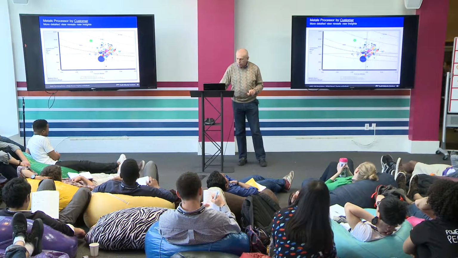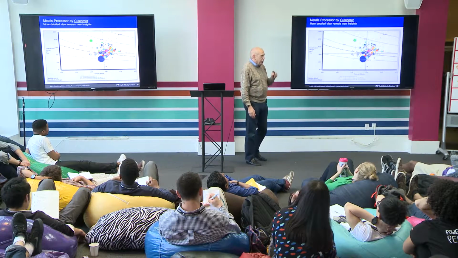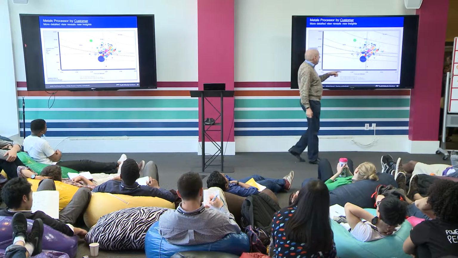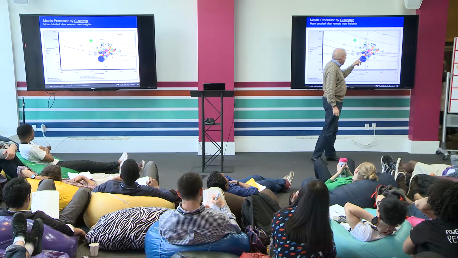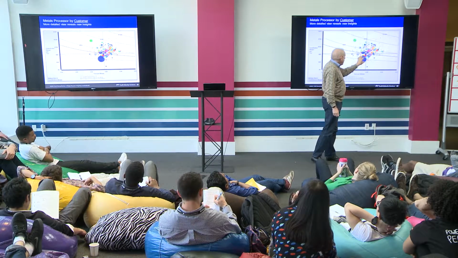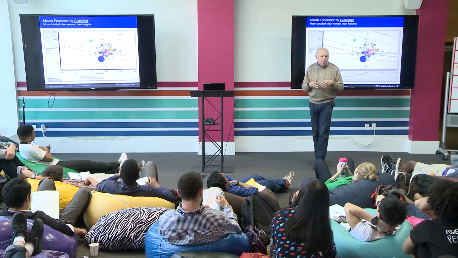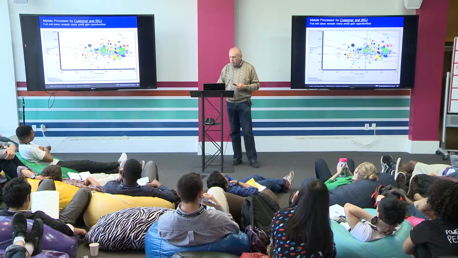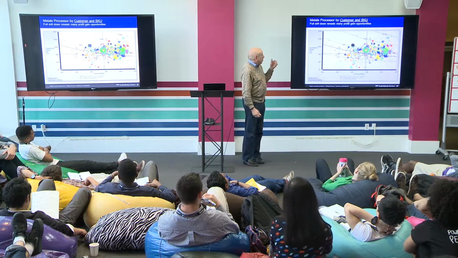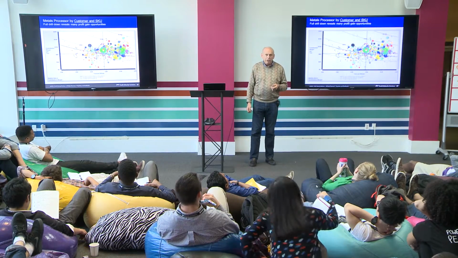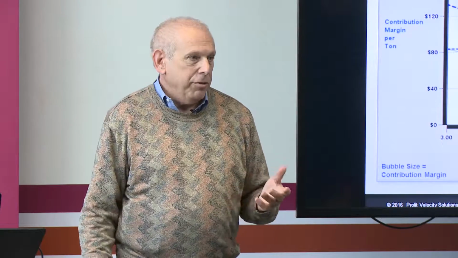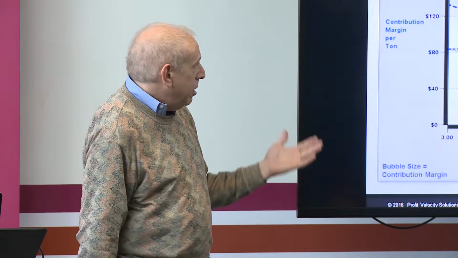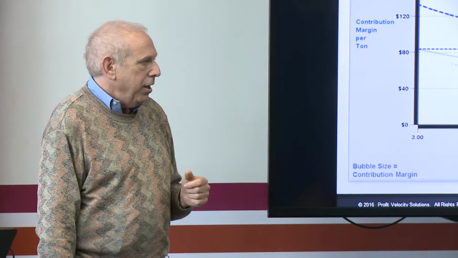If you go down a level, this is when you click on our software and look at it by customer ship to. So, for example, within this is a special JV customer that owns part of the plant, but within that one bubble of that customer are all the products that customer buys. If you want to go deeper in detail, this is for every product and every customer combination. So this is the data. We take invoice data, production data, we grind it through our system. Does that look like a tightly run business?